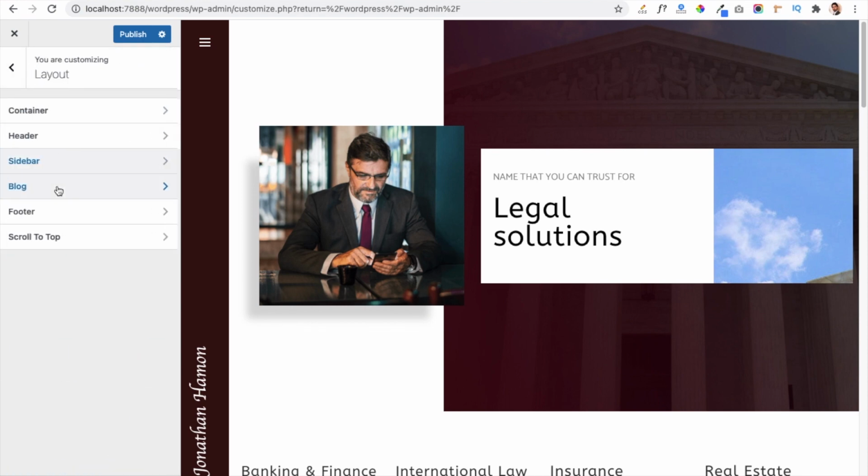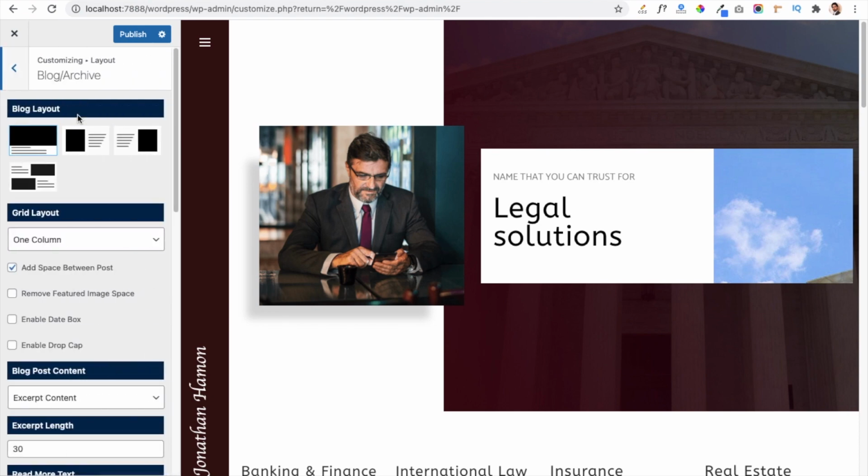Now our blog settings are available. You can manage the blog page setting with this help and a single post setting we have given separately for these options. You can manage the layout according to these available settings, and also you can manage the grid layout from the 1 column, 2 column, 3 column and 4 column settings.